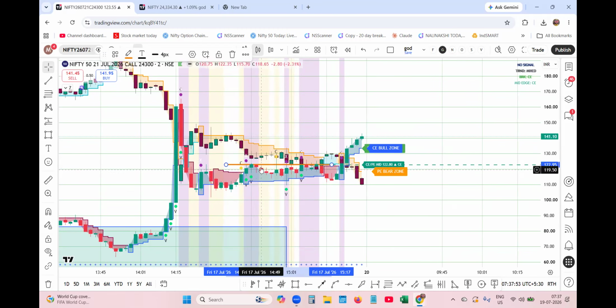It will become choppy. Both the call option and the put option will be choppy. The price levels will not stay stagnant. They will be very, very volatile. And at that period, if you enter, definitely nobody is going to win. Only after the completion of all this